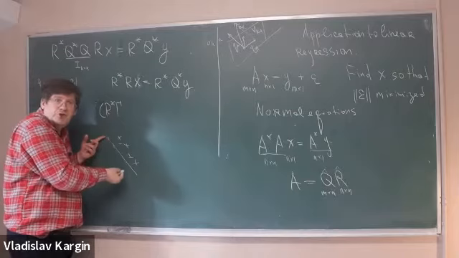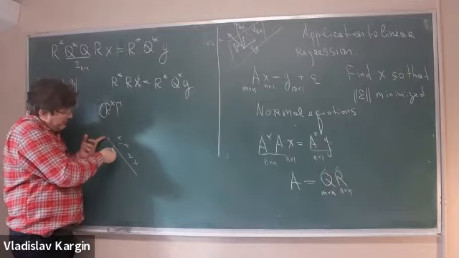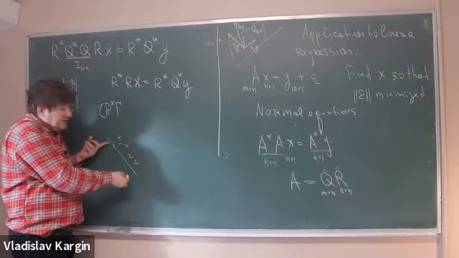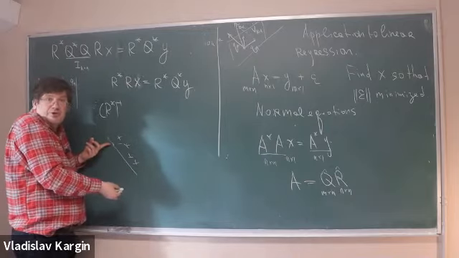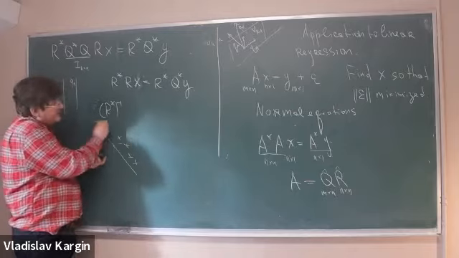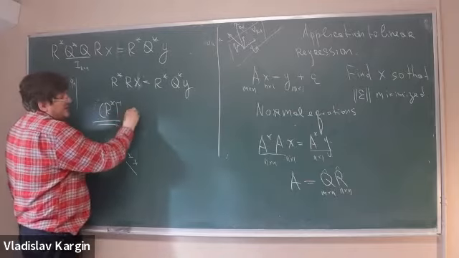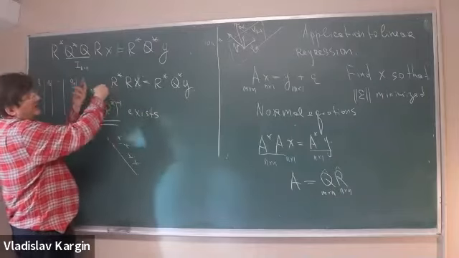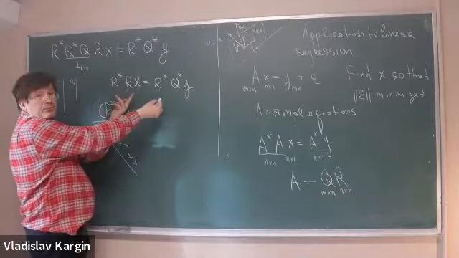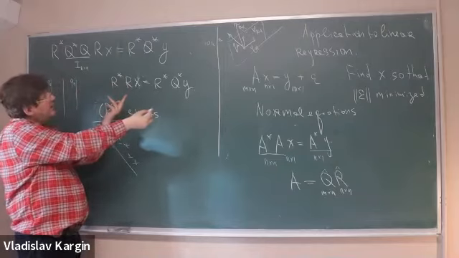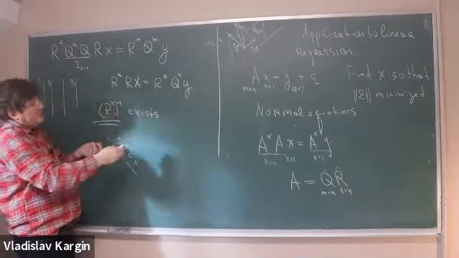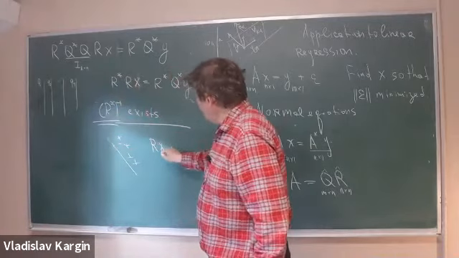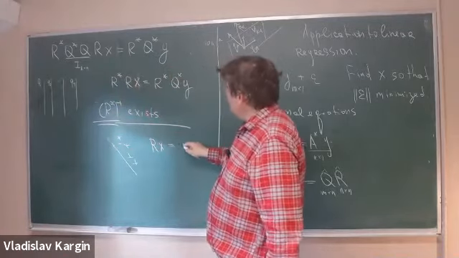For example, the determinant of this matrix is the product of the diagonal elements, which is positive, so not 0, so it's invertible. So this thing exists. So you can multiply this equation on both sides by R star inverse, and you'll get another step: R x is equal to